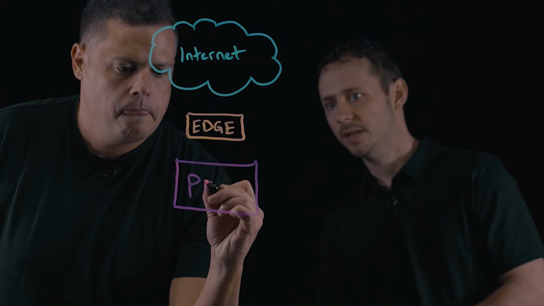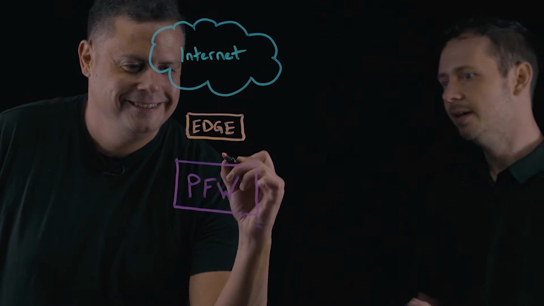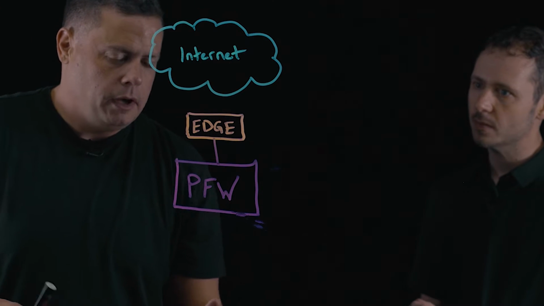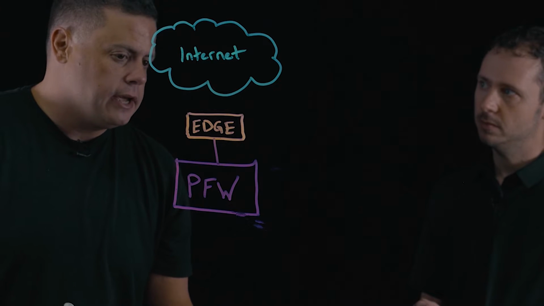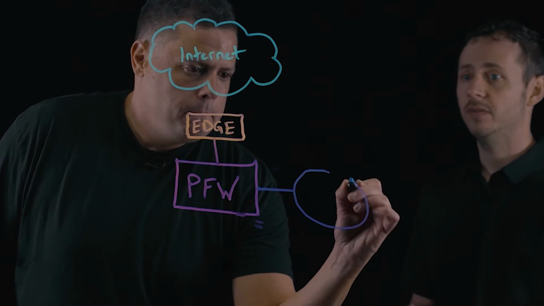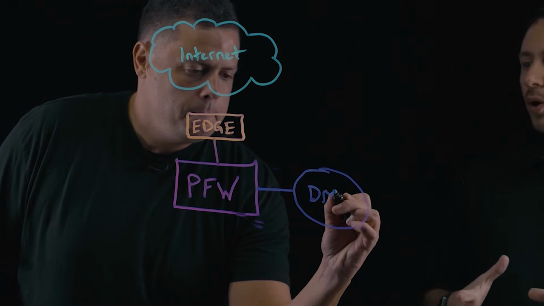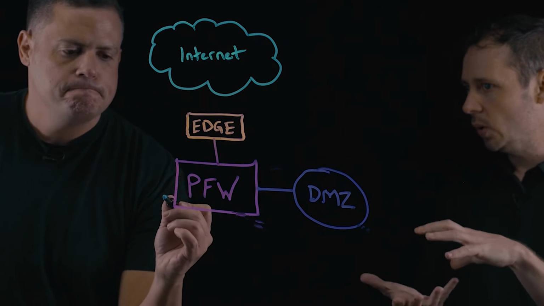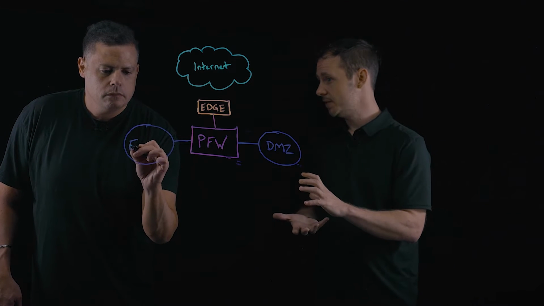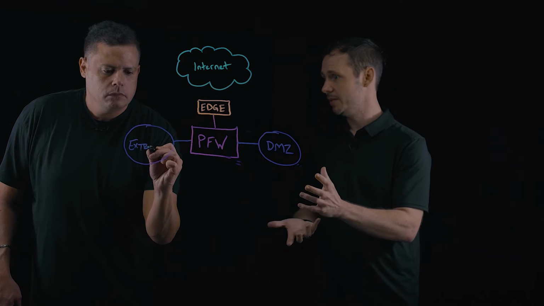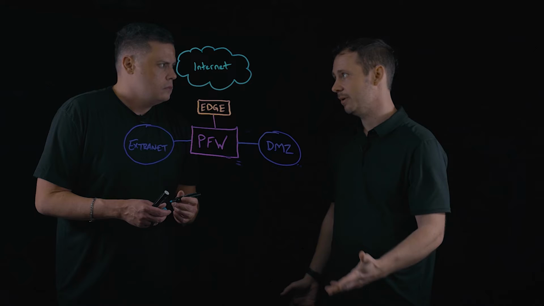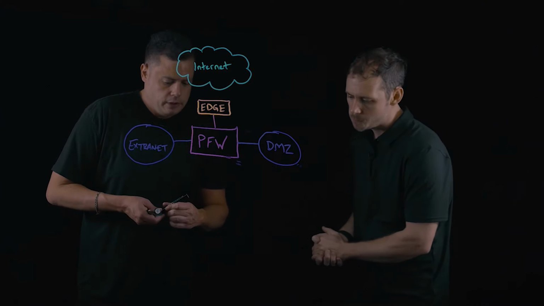Now, you definitely picked a nice, pretty color there to show this perimeter firewall. Yeah, the perimeter firewall oftentimes would segment things like your extranets, your DMZs, et cetera, right? Even down to the level of core firewalling, a lot of people still like to see that, and that becomes the core central point for policy enforcement. That's actually one of the things that we'll want to dive a little bit deeper into: how do we take that single point and distribute a lot of the policy out in other places. Absolutely, that'll be great.